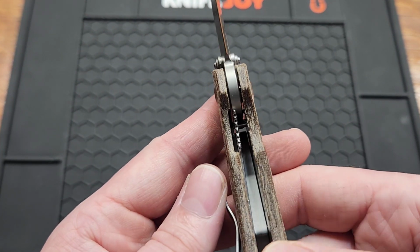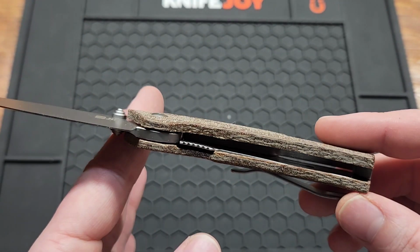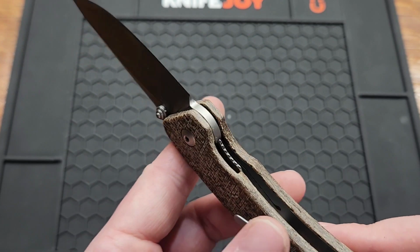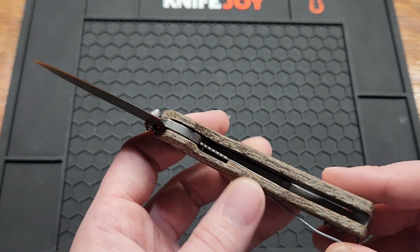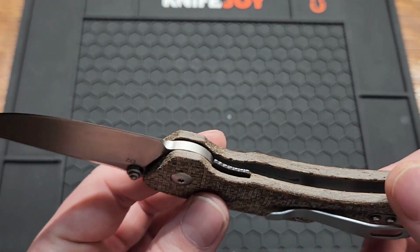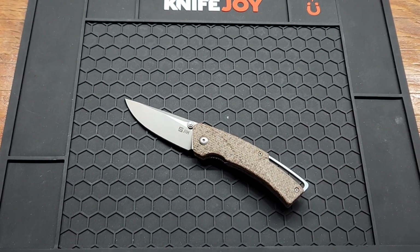It's a liner lock. But what's interesting about this knife, it totally shocked me after I took it apart, is there's 2 detent balls. There's one on each side. It's kind of like my Remet Rhino. It has the detent for the button lock. This one doesn't have a button lock, and if you let me get a flashlight,